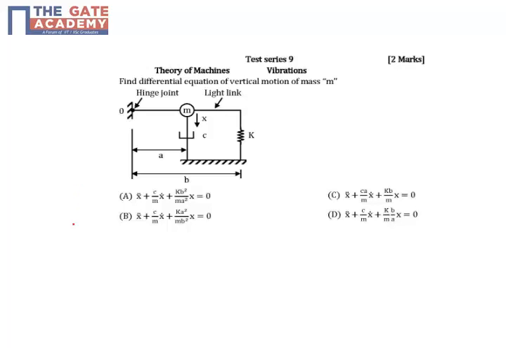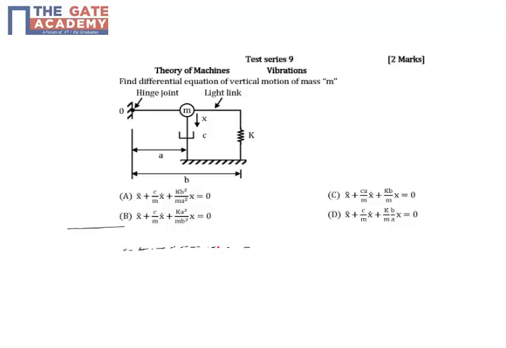So let us discuss a question on theory of machine. This is basically on vibration. So we need to in fact write down the differential equation of the vertical motion of mass m. So what we do here is, because it's a rigid link with a hinge joint at the left, we give a small theta